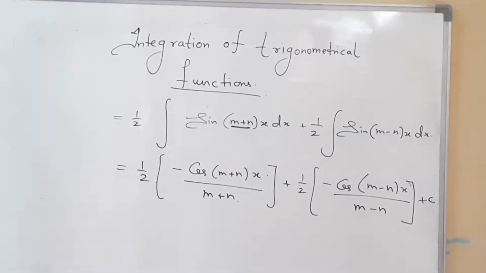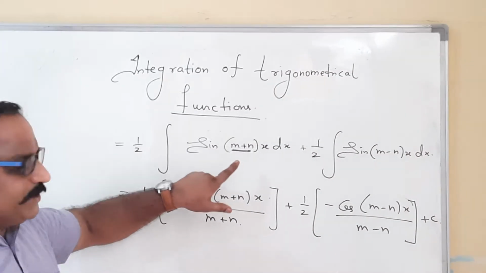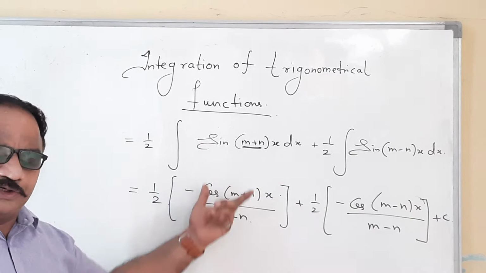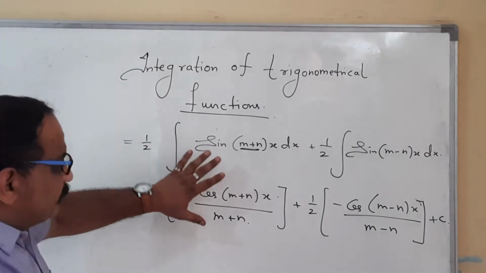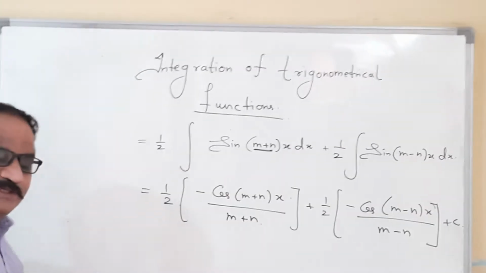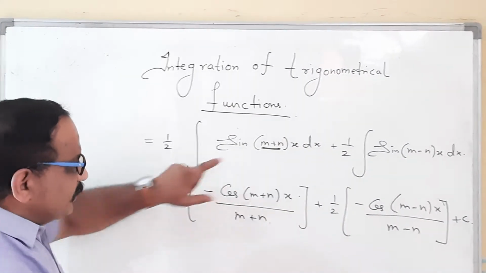So that is the method. By using that, we are able to integrate all the questions where the product of sine and cos, sine and sine, or cos and cos appears, and it can be integrated by using this process. So that is the easiest way to do that. That is the first case we have discussed.